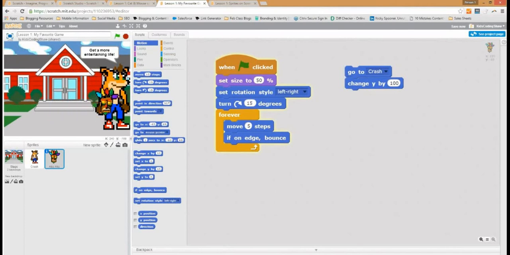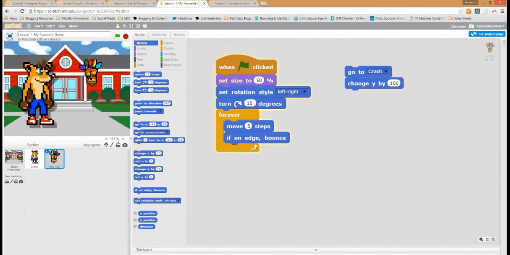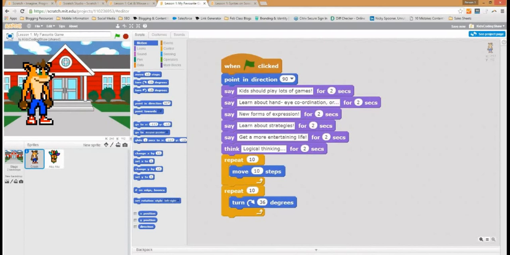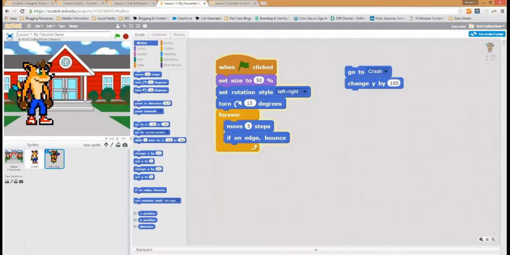Now, the next thing we need to look at is, what are we doing here? Well, we're controlling the project using the sprites. So we have our code for crash. Let's just move crash back to the start before he runs off the screen. So when crash starts moving, when our green flag is clicked, we can tell him to do all of these things here. And when Akuaku starts moving, when the green flag is clicked, we can give him different instructions to